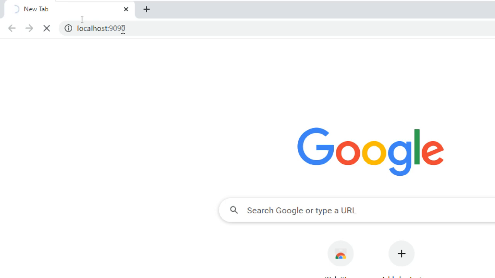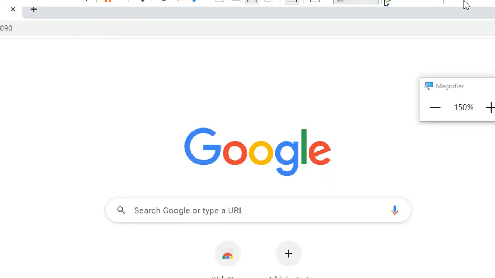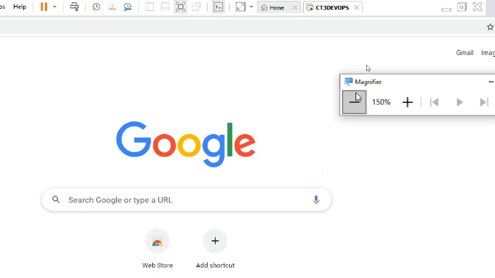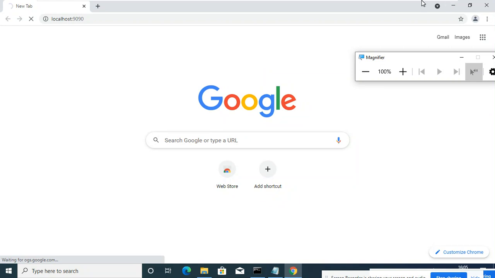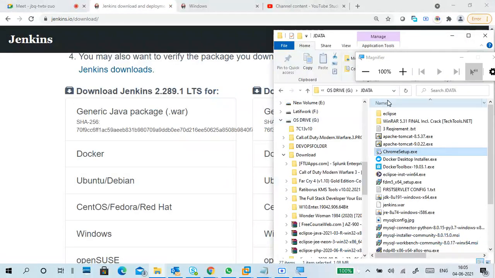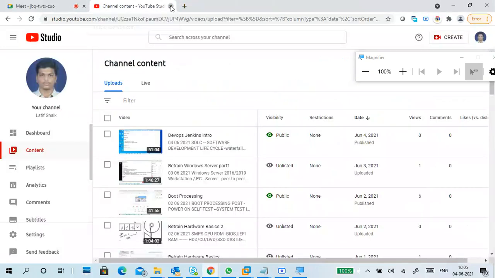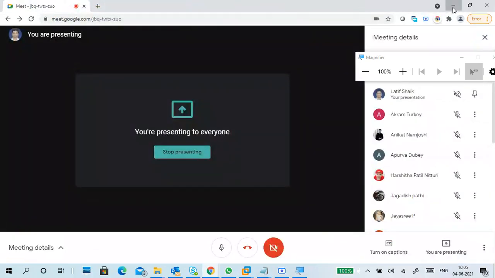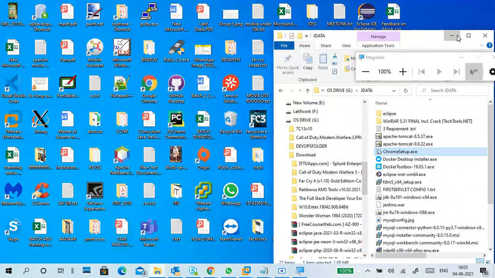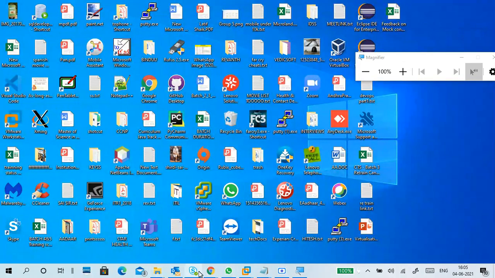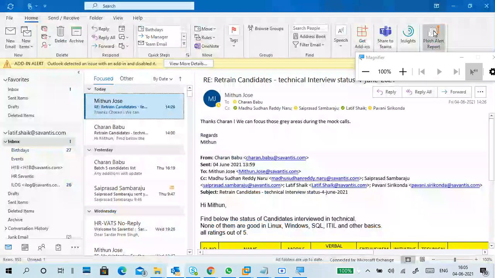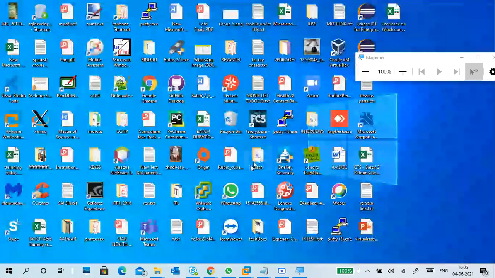Guys, for Jenkins you need a lot of patience, because it works very slowly. Meanwhile, I am going to close other web-related windows that are not required now.